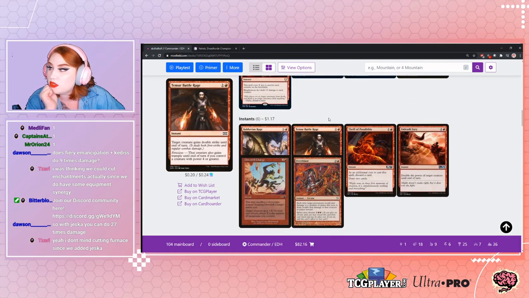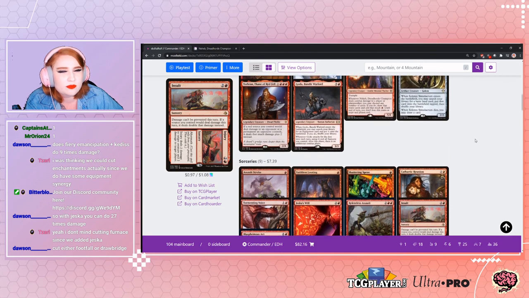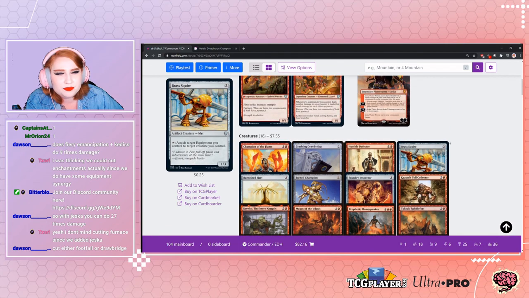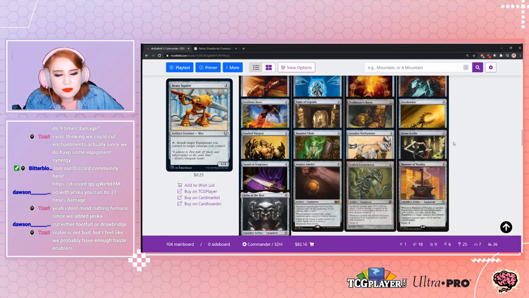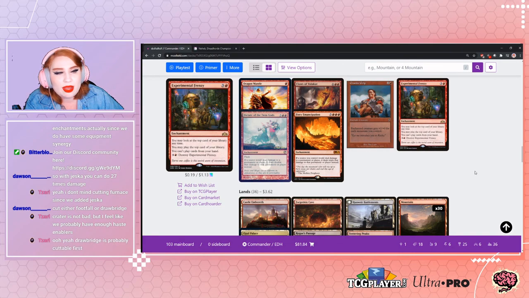Four left. I know we can do this. God, we're so close, you guys. Creator's not bad, but I feel like we probably have enough haste enablers. Okay, where am I going again? Okay, we'll cut Creator. To be fair, I do want to remind every single person